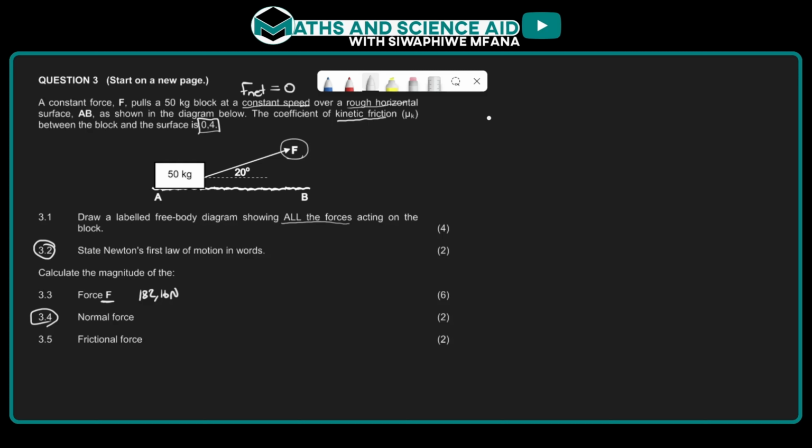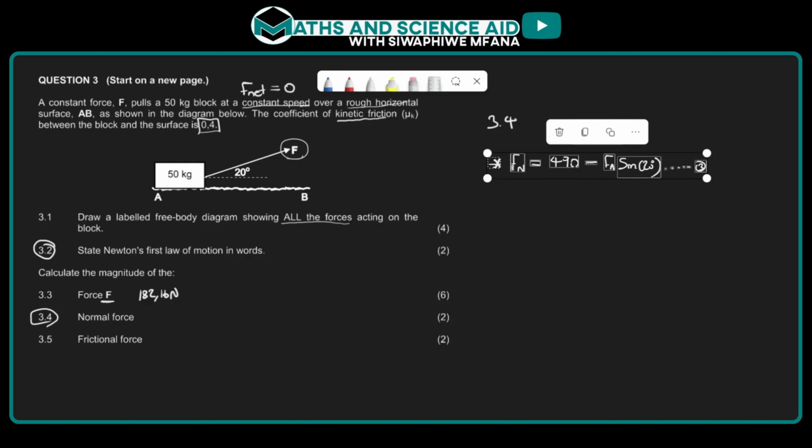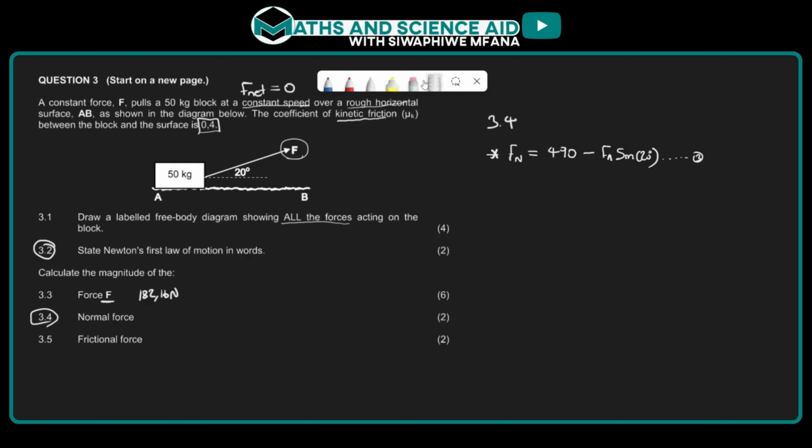And so to answer 3.4, we are going to use equation 3 here from the previous question. And we see that the normal force here is 490 minus FA. So here we'll just write in the magnitude of FA, which is 182,16 sine of 20 degrees. And then, as usual, we just whip out our calculators,